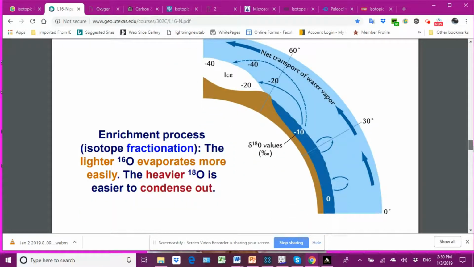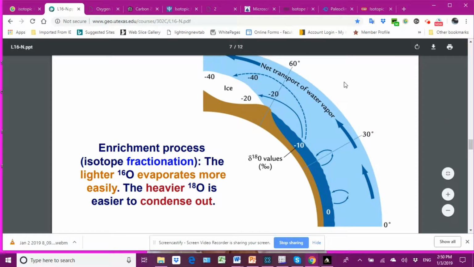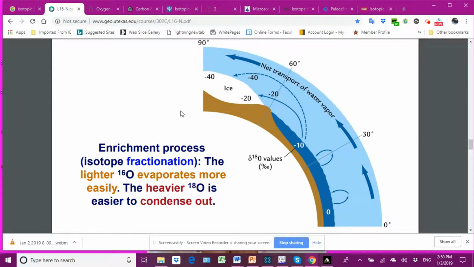So now what happens is, as more and more snow falls and it doesn't melt, we're leaving the 18 behind in the water relative to the 16. The 18 in the water keeps getting more and more positive. And then the organisms in the water will take up that 18O and put it into their shells. So I'm kind of giving away the game right away with this synopsis, but basically,